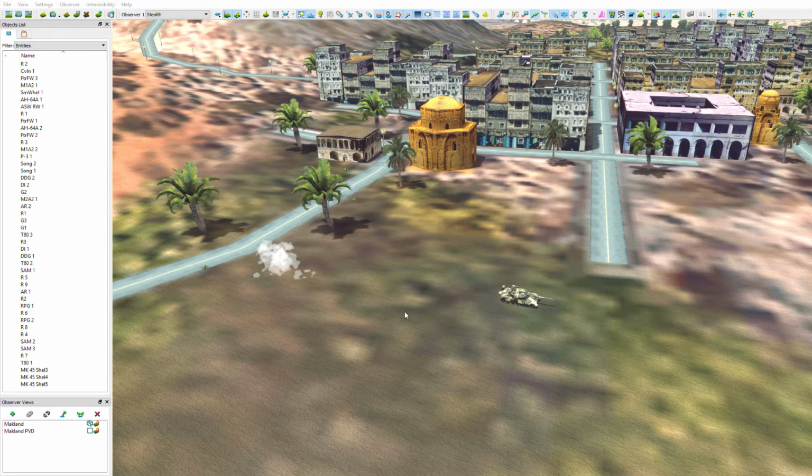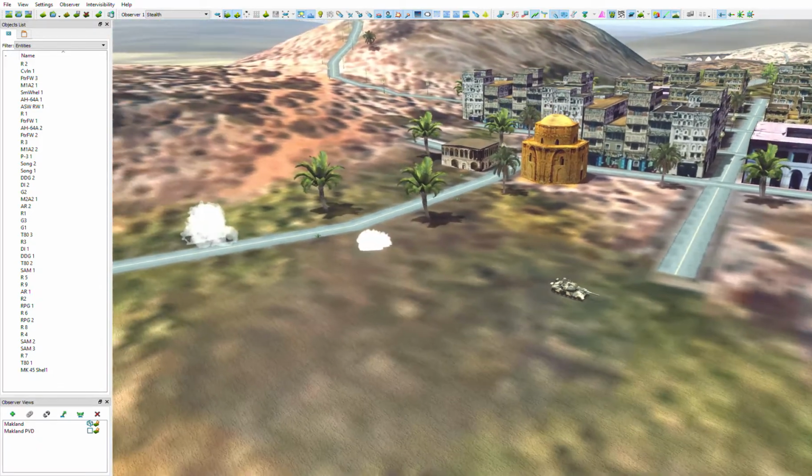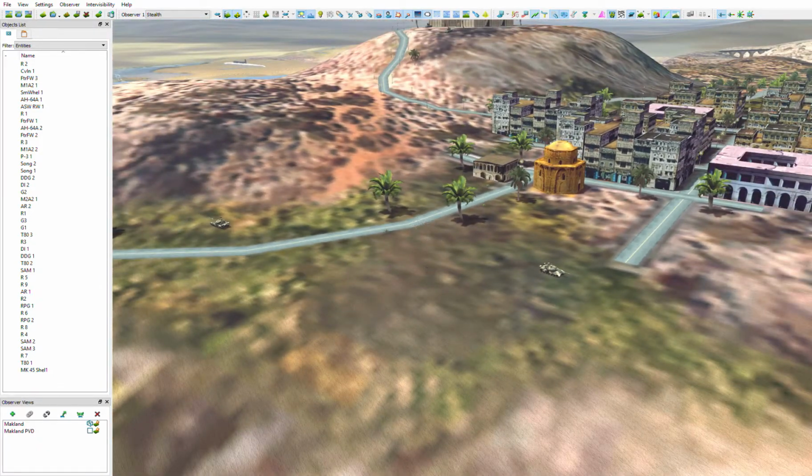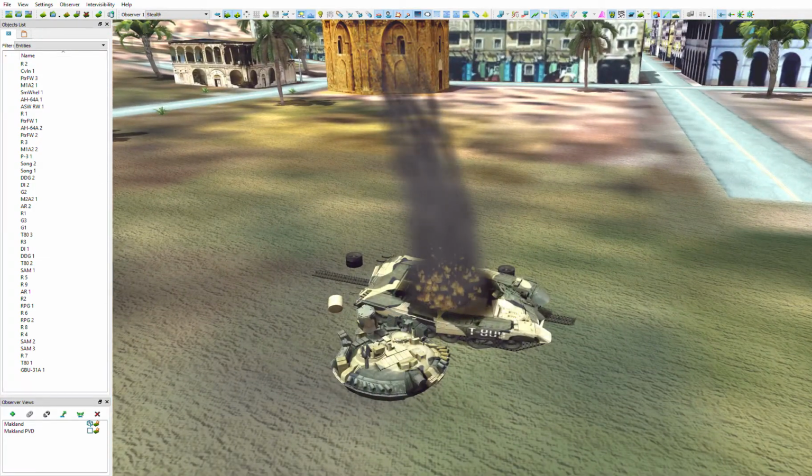Don't think that's the smoke plume. Yep, there we go. There's the fire, there's the smoke plume, and if we want to work on them, oh,